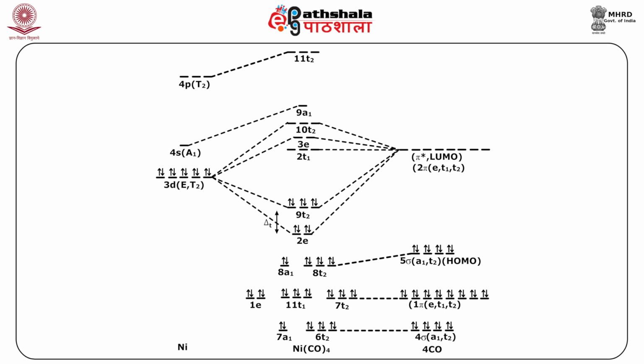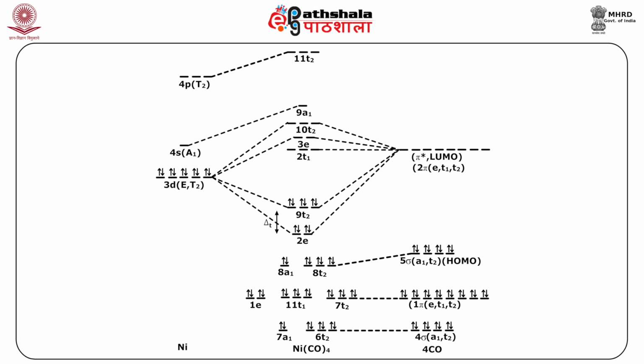CO is a ligand with good Lewis character as it is a good Lewis base and a sigma donor from the carbon atom. Also, the vacant pi star orbital, LUMO, can act as an electron pair acceptor